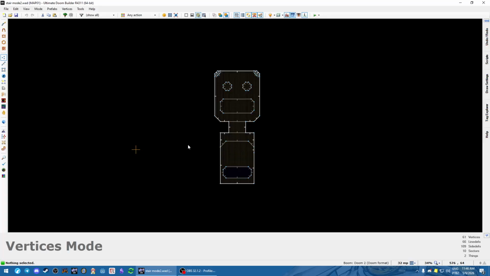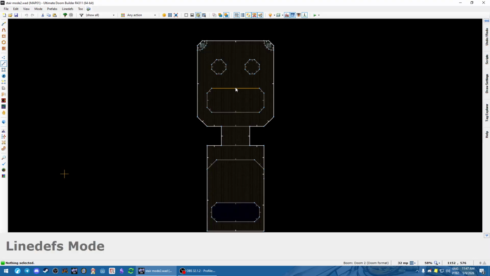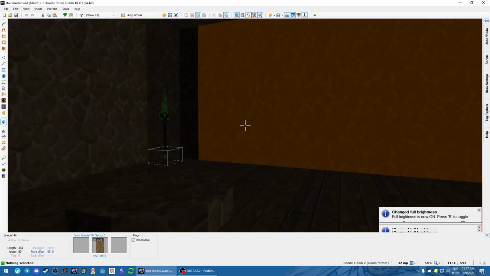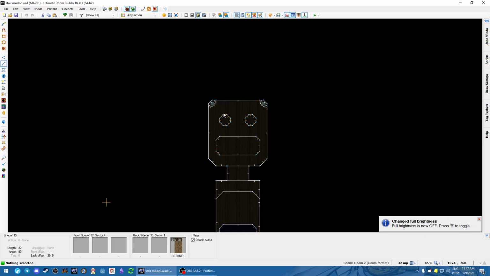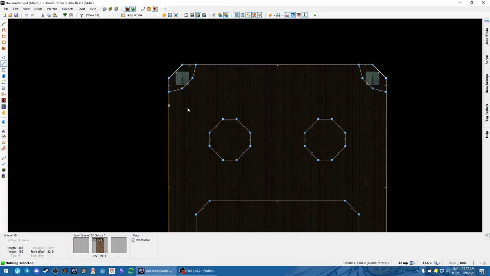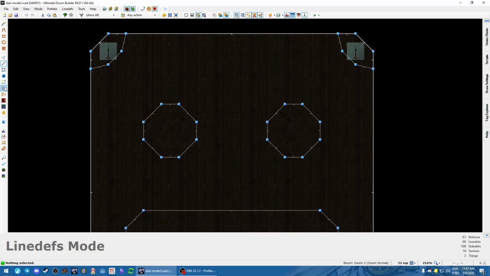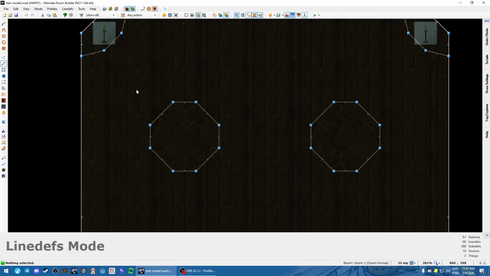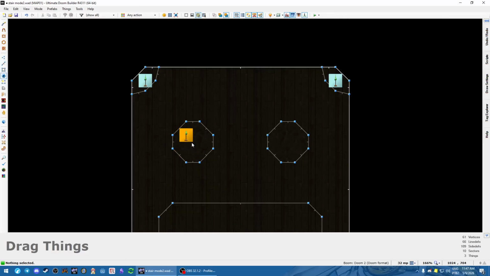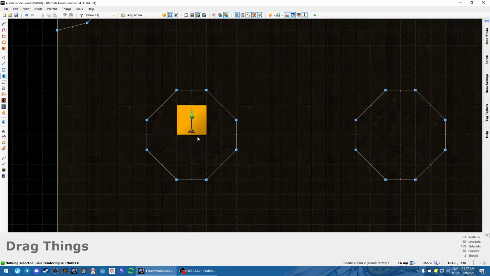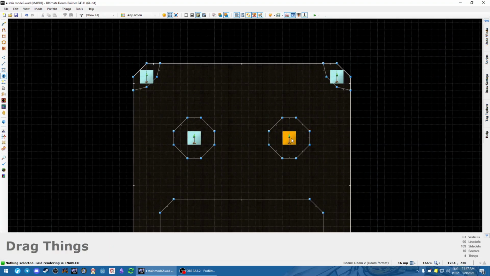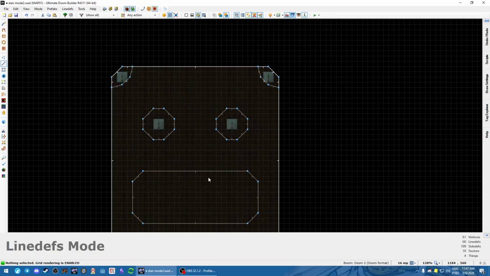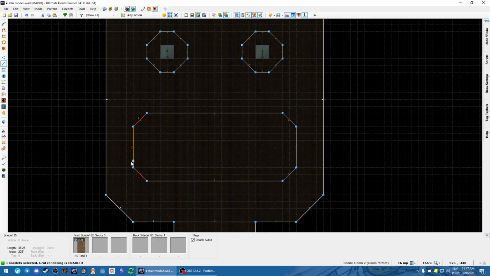Hello. Today I'm going to talk about the topic of stair builder. For those of you who don't know, the stair builder is a function from UDB where you can use lines to make stairs. And that's exactly what I'm going to do here. But also, I'm going to teach you how to use it to make gradients and